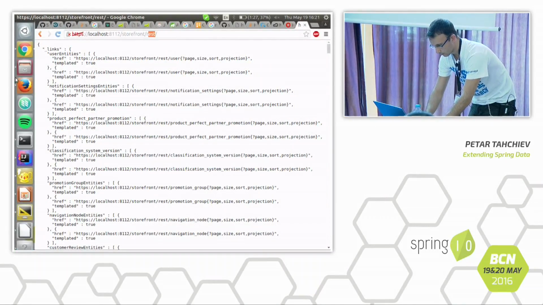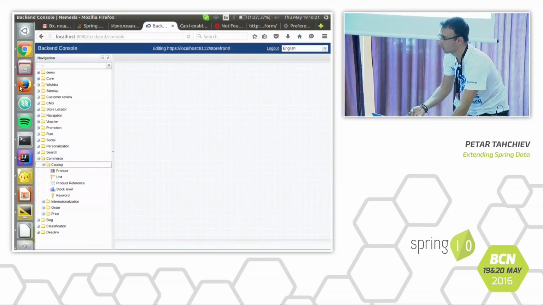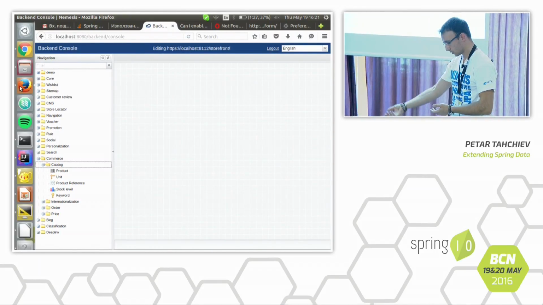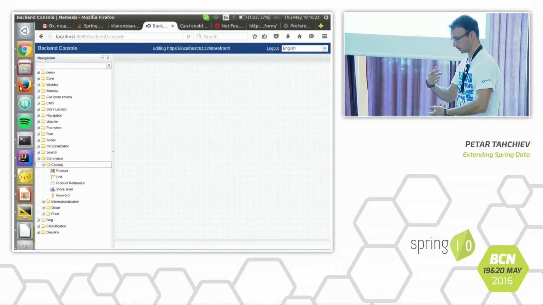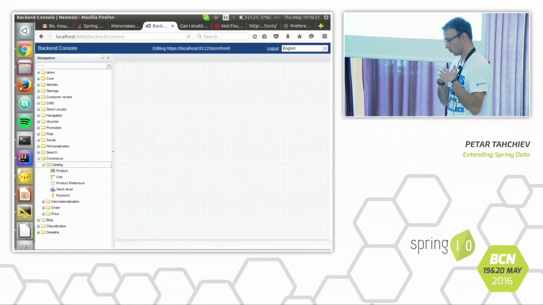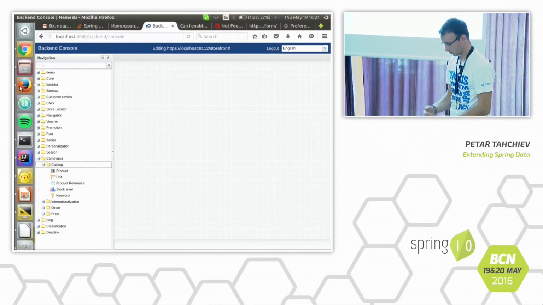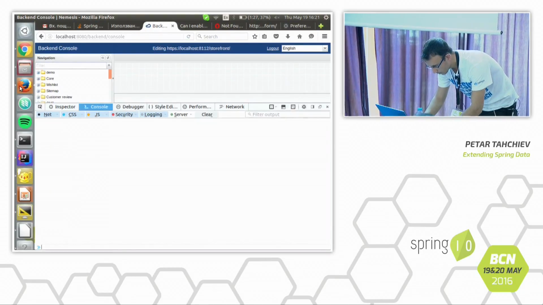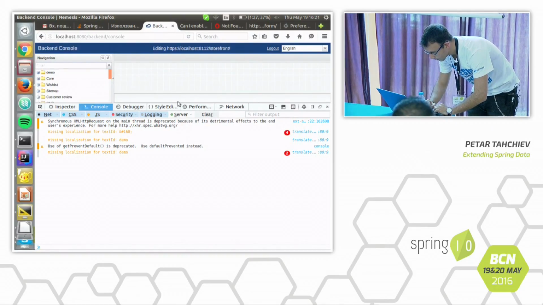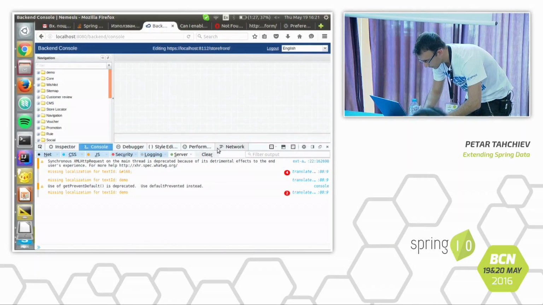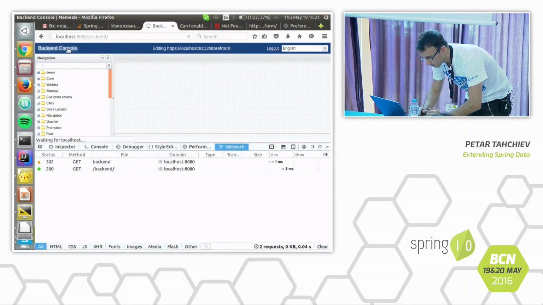Not quite sure how many of you are familiar with CORS, but it provides you with the ability to send first an options request, and then the server will respond to this options request, telling you which methods you're allowed to perform on this URL, which kind of headers you're allowed to provide, etc. So very quickly, if I go here under the network tab and click this one,